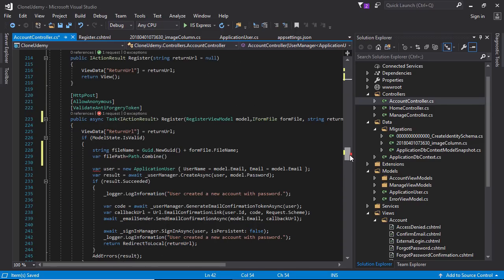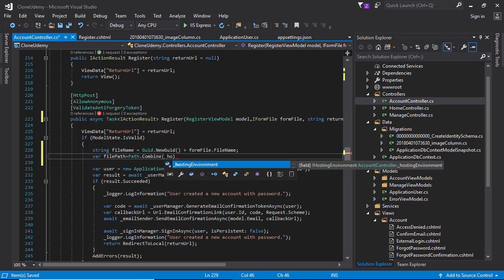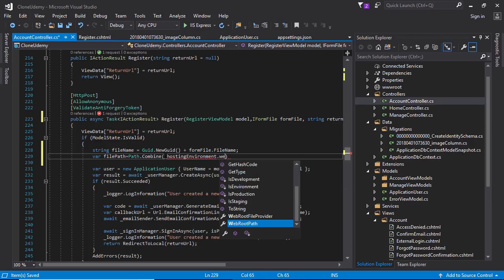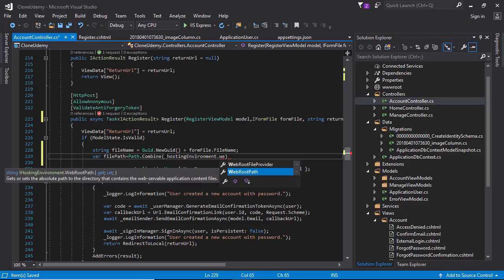Scrolling down, so here need to specify the root directory of wwwroot. Let's write hostingEnvironment.WebRootPath